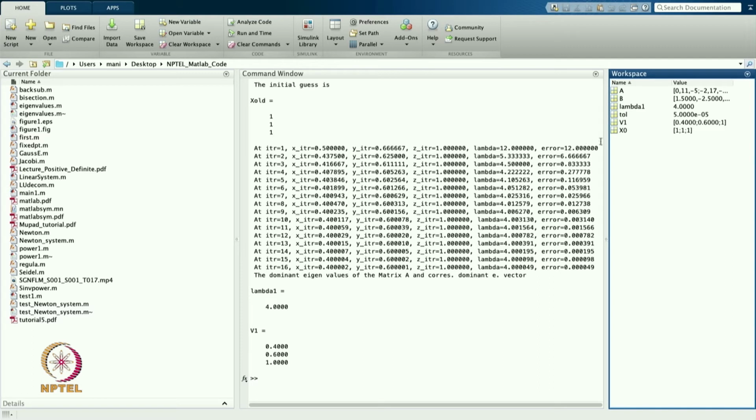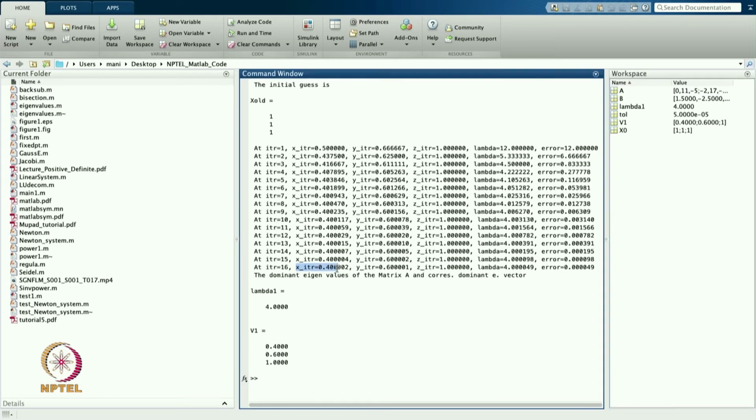From here my error goes down, and after that if we keep running this code, then after 16 iterations you will see that my x component is 0.4, my y component is 0.6, z component is 1, and the lambda is 4.0049, and the error is giving me this value.